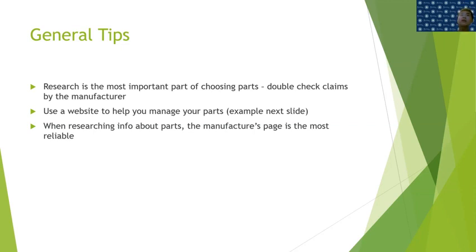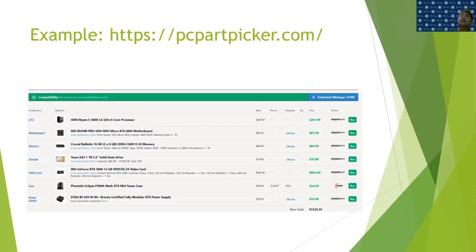So let's go to an example where using a website can help you choose your parts greatly. This is the website I used when I built my first PC last year, and that is pcpartpicker.com. So here is a snippet of the website down below, and not only does it allow you to list your parts, I find it helpful in all the things we talked about, because first it automatically checks for compatibility. For example, that it will actually